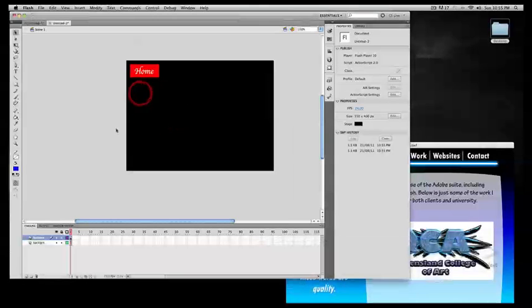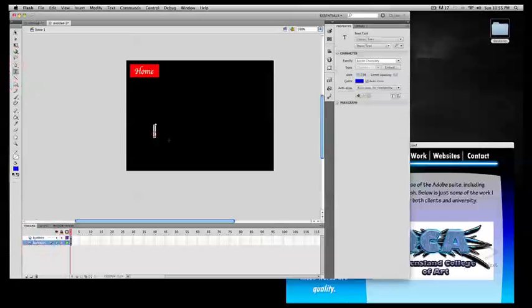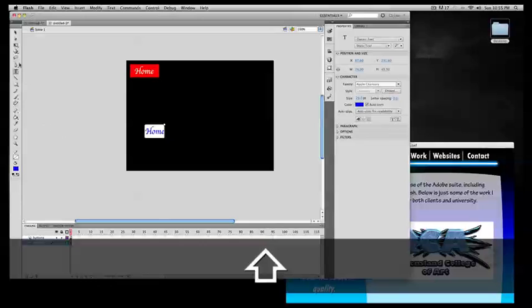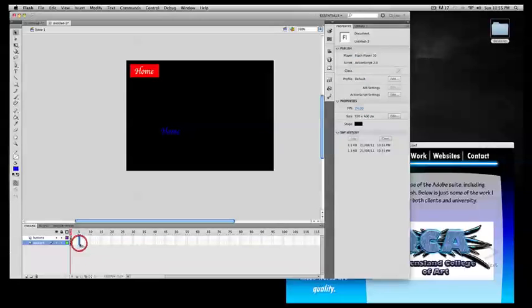That's all well and good, but when we click that button, it doesn't actually do anything. It doesn't go anywhere. So let's go to the background and punch in a bit of text just to show you how this works. Call it home. Doesn't matter about this type of text, we're not going to be doing anything with it. The next thing I want to do is create another frame for each of these. So select the 2 points at 5